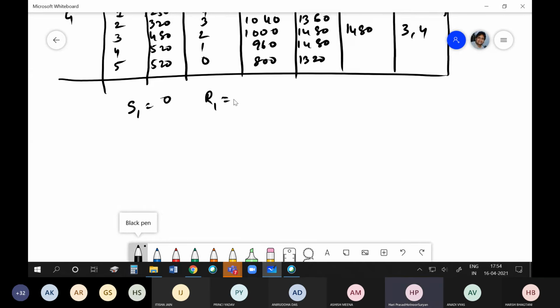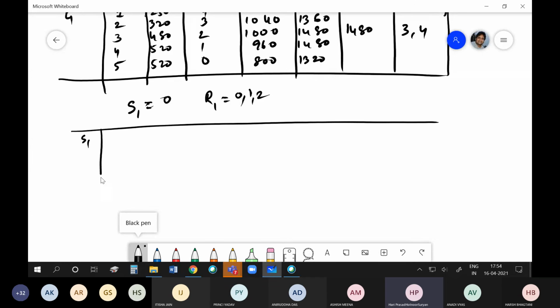How much is the inflow in the first season? It is 2 units. So what are the possible values of R1 I can have? The storage is 0 at the beginning of the first season, and there is an inflow of 2 units. So the options for release are 0, 1, or 2. I may not release, or I may release 1, or I may release 2. Basically the final table will be like this.